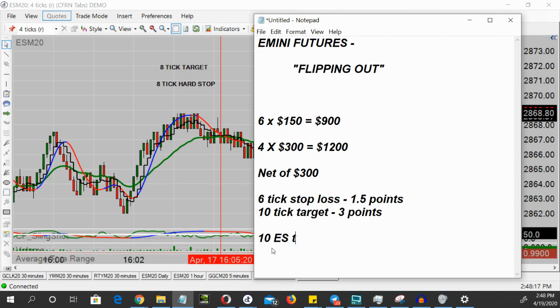And on the risk side, we know that 8 ticks is $100. So 6 ticks